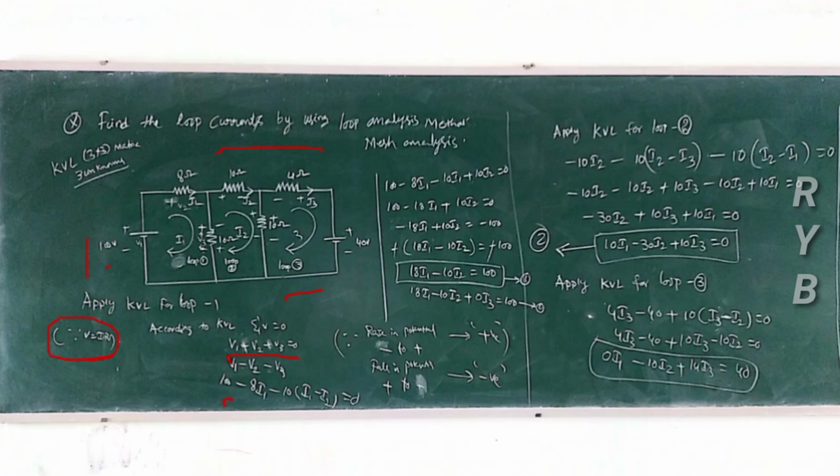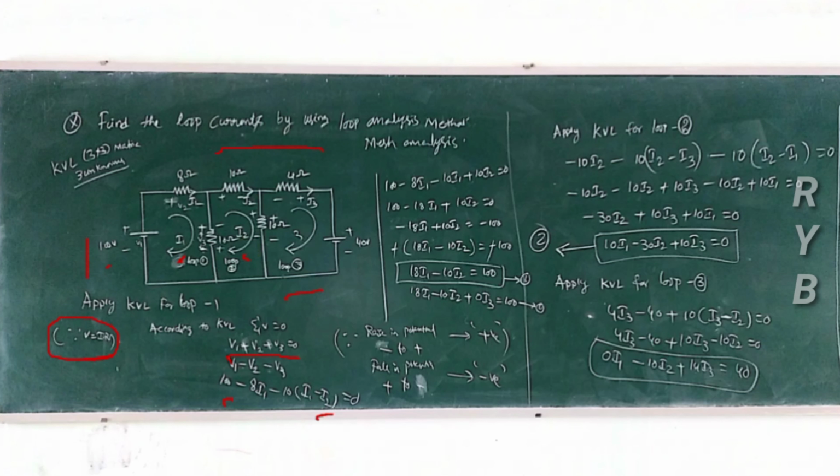Minus 8 I1 minus 10 times (I1 minus I2). Assume that in the other loop the current is I2, and the current entering this loop is I1. The bigger current we have to assume first, so our current is bigger, I1 minus I2. The current through the 10 ohm resistance is I1 minus I2. Similarly,